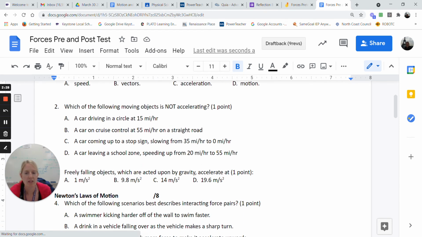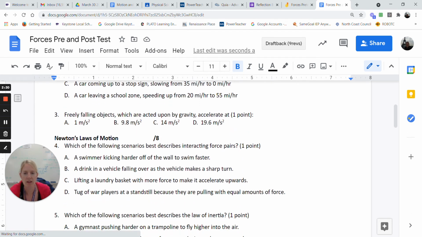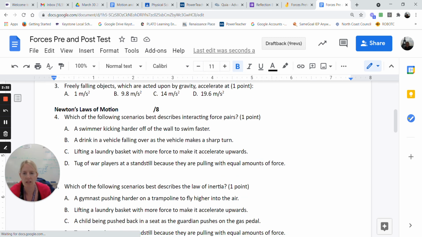Then we get into some information we haven't yet covered. So let's see how we did. Number 4, which of the following scenarios best describes interacting force pairs? Okay, so what's that? So interacting force pairs is another way of saying for every action, there's an equal and opposite reaction. So this is when